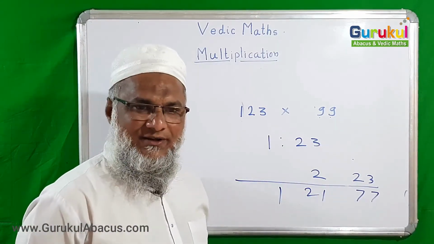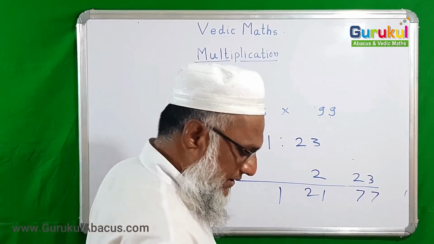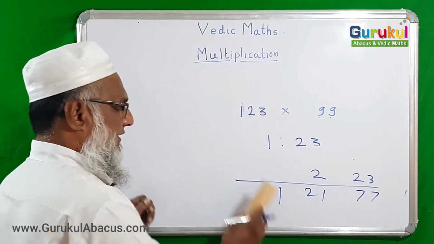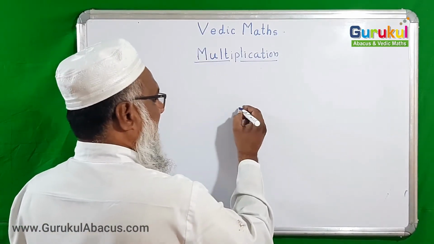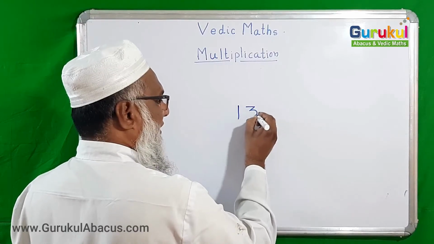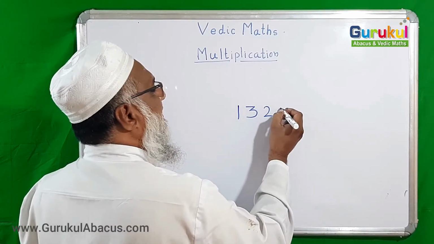This is the method. Okay, one more example we are taking, so then our understanding would be more clear by solving it. Suppose now here is 1327